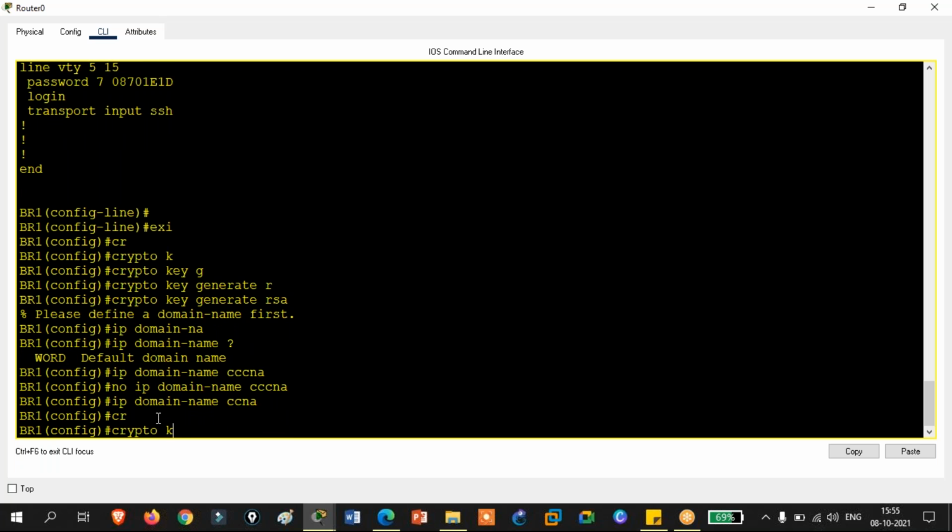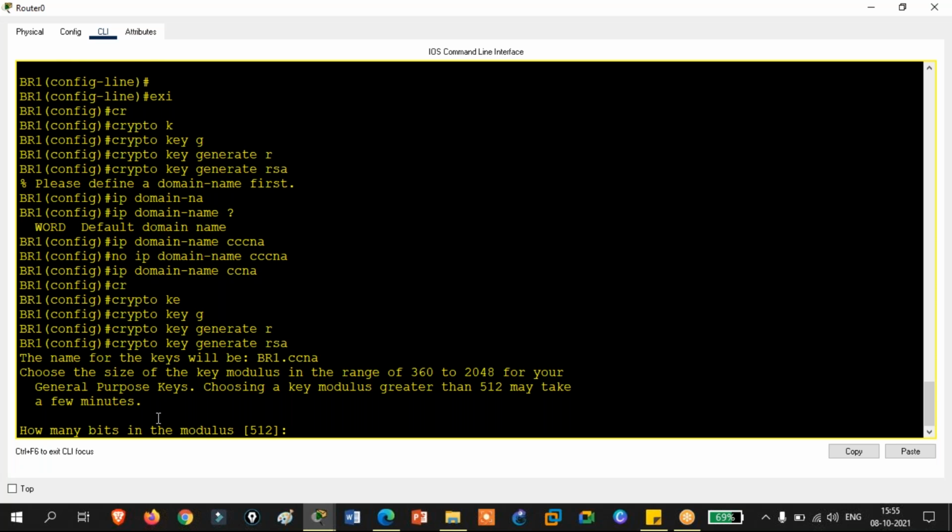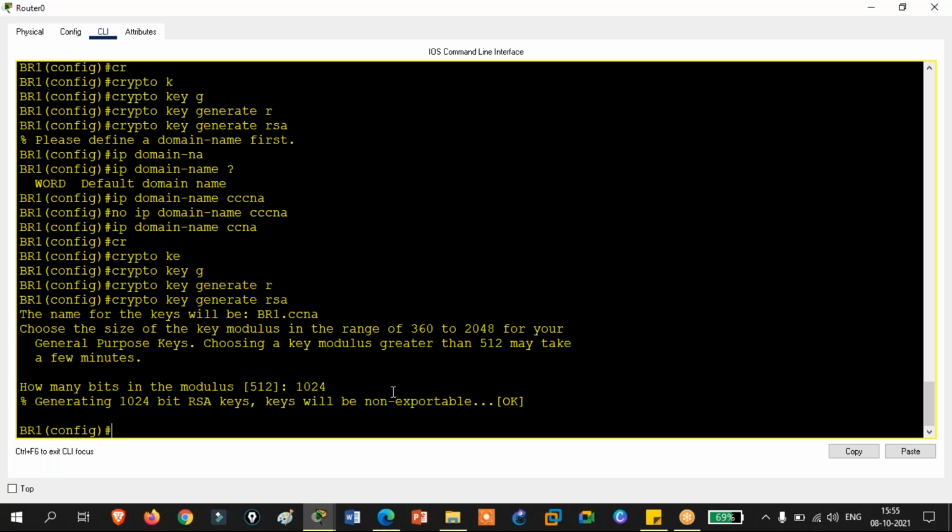After that, if you use the command crypto key generate rsa, you can see it is taking the command. The recommended value for key generation here is 1024. You can put the minimum value or the maximum value. What does this specify? A lower value means your encryption will be weaker and the chances of decrypting your data are higher, but it is easy for the router to do. Your CPU will be utilized less. That is the benefit and that is the loss.